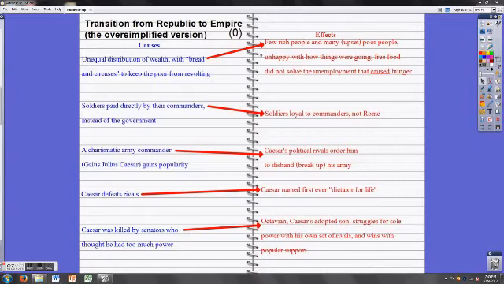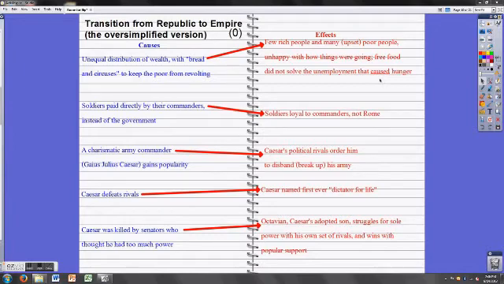The problem with that is that there were still very few rich people and very many upset poor people, and the free food did not solve the unemployment problem that caused hunger. So the government was kind of putting a band-aid on the problem and not solving the root cause of the problem, and so the problem persisted. When you have in any society a huge gap between rich and poor, that tends to lead to